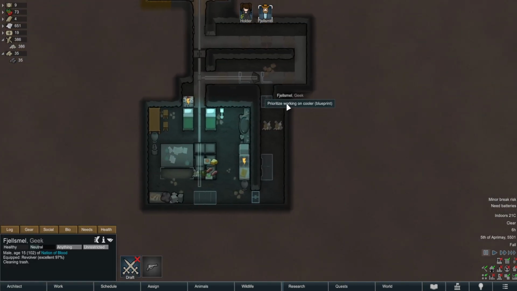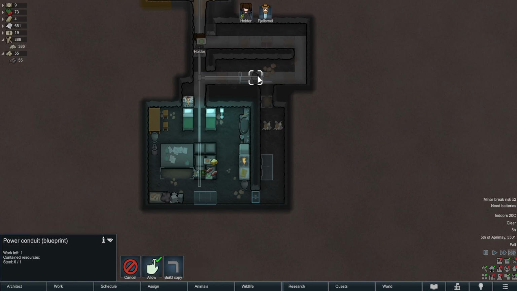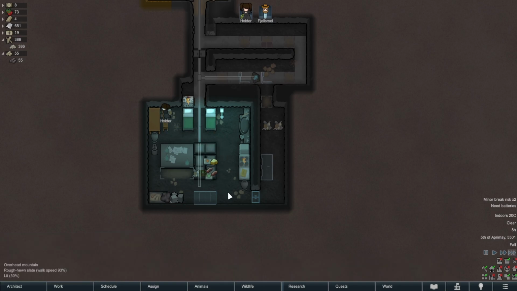Flem, prioritize building the cooler, please. And the door. Let's get this freezer up. And then we need to prioritize getting the battery, just so obviously when the power's going up and down. Come on, because this could be a very big episode that actually pretty much sorts us out. How long until this is going to...